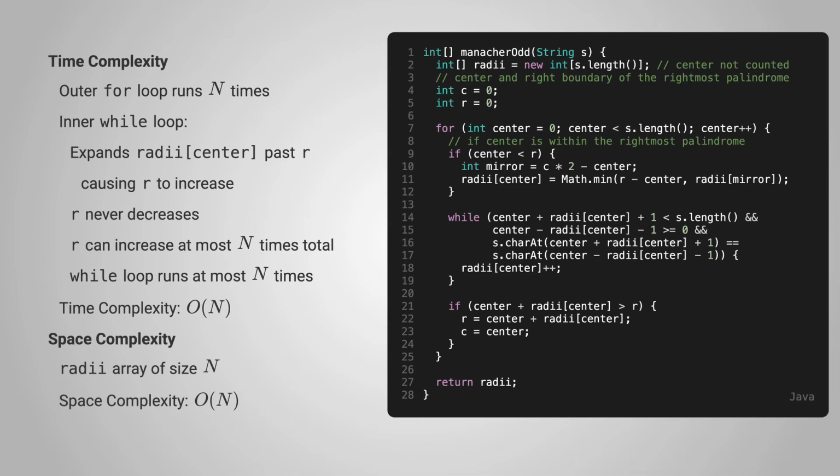For space complexity, we need an array of size n to store radius value at each center. So the space complexity is O(n),